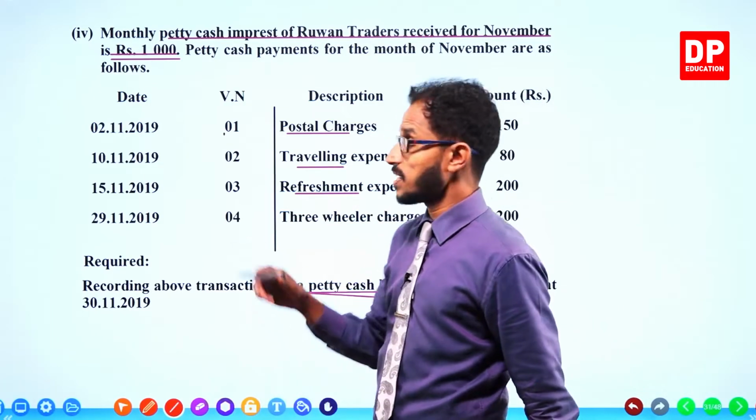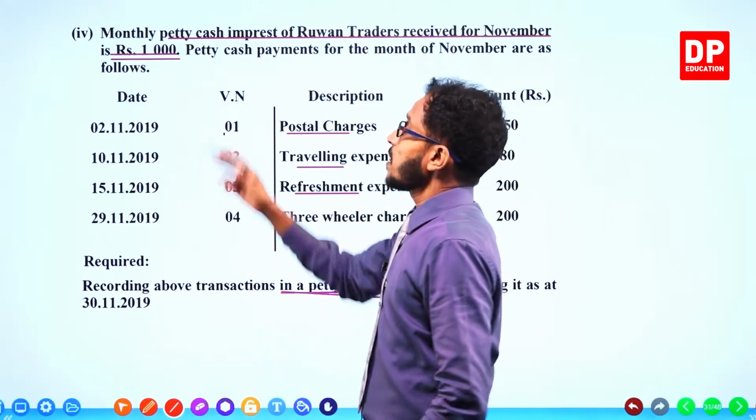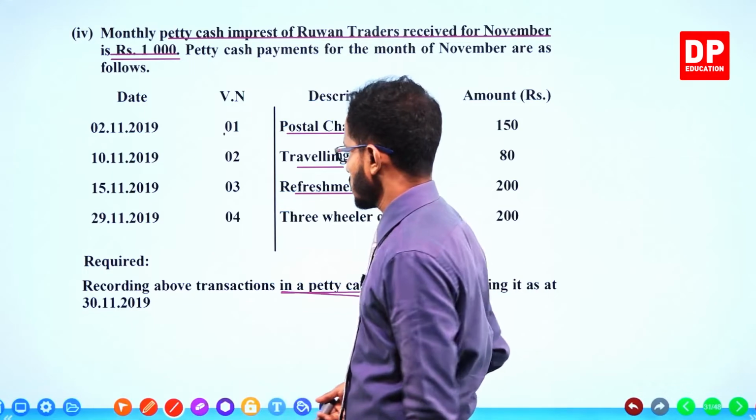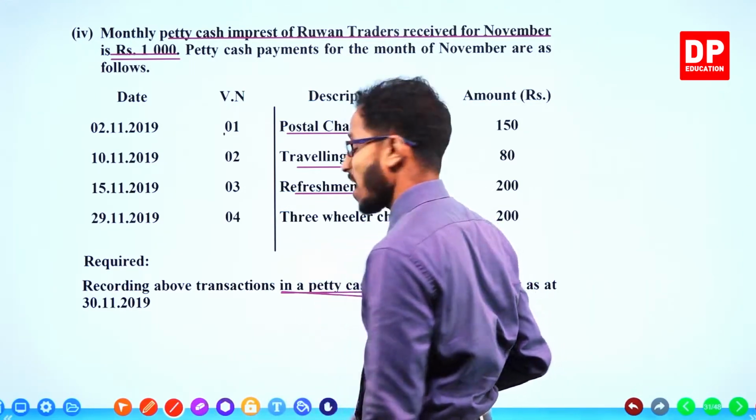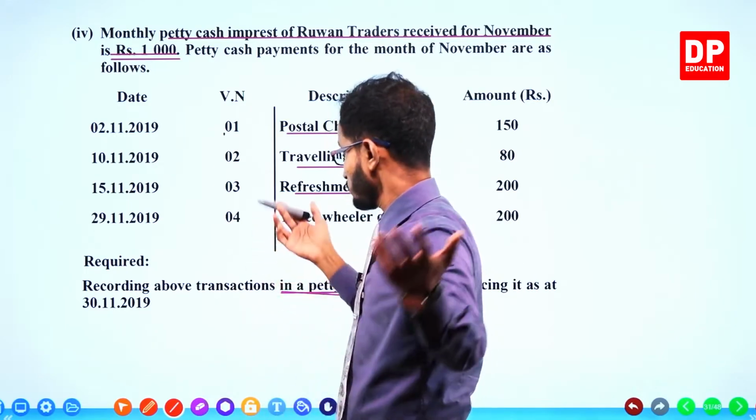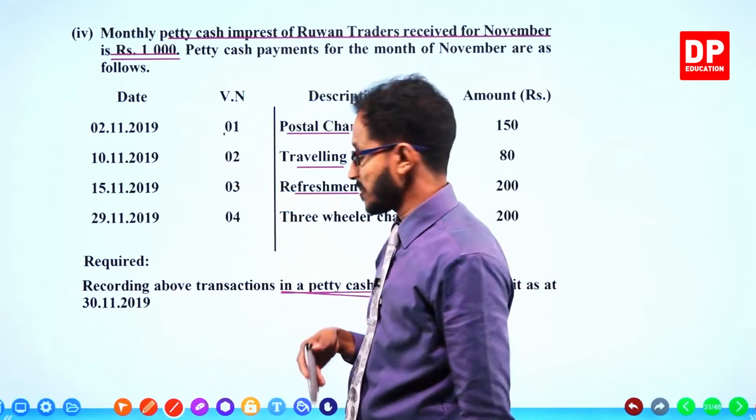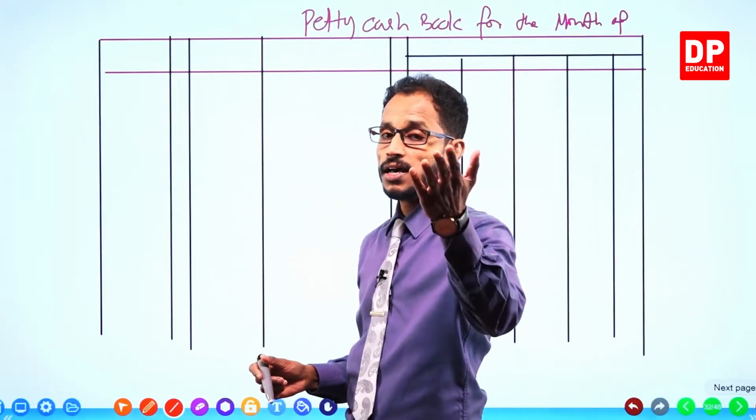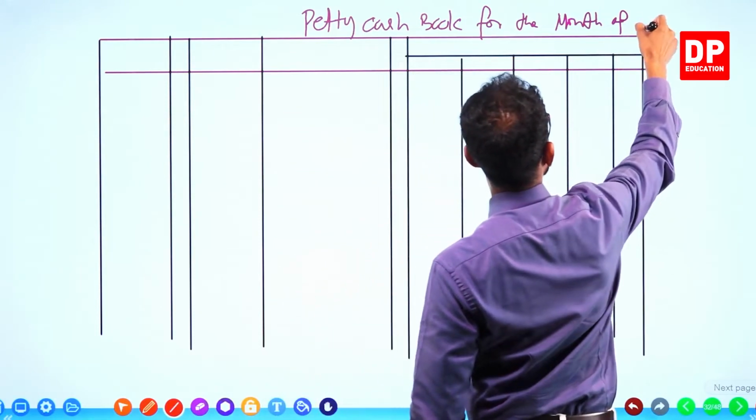These are the analysis columns: postal, traveling, refreshments, and the ledger account column. There is no petty cash balance. If there was a balance, you would have to mention it, but no balance here. 1000 petty cash imprest is given. That's it. So for the month of November,